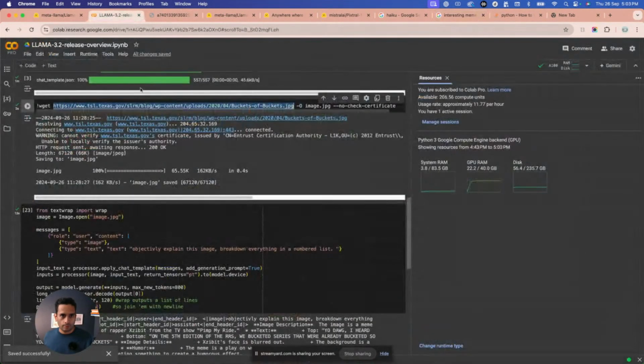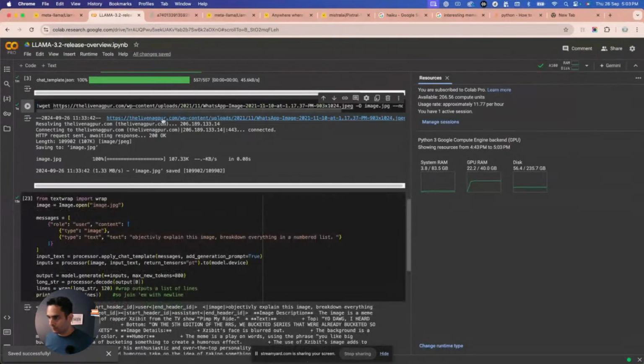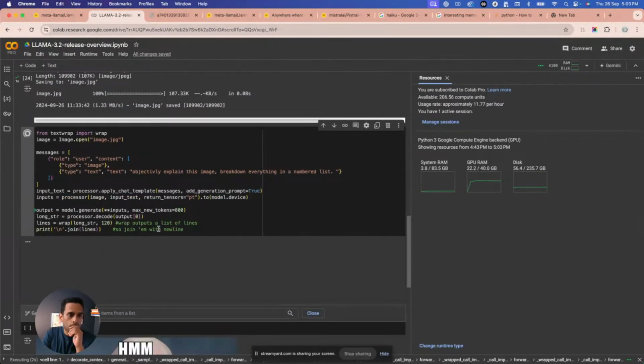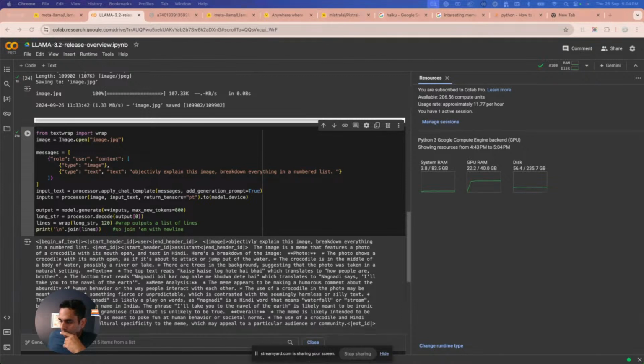Copy image address. Okay. So crocodile with mouth open, dictionary, this background, the photo shows